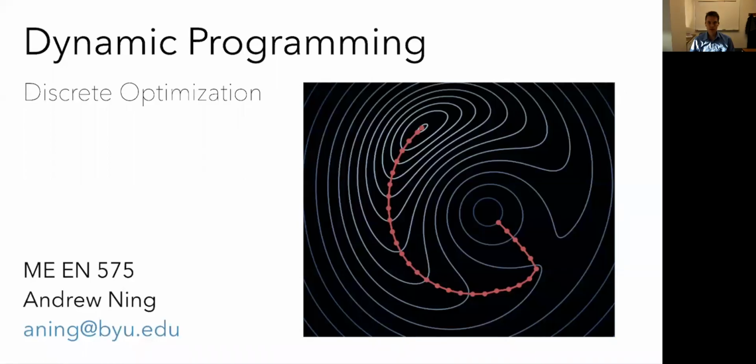All right, we'll continue our discussion on discrete optimization. As we've seen, discrete optimization problems can be very challenging because of the combinatorial nature of them. So we often look for a structure that we can take advantage of. Last time we saw with branch and bound that for linear problems, we could take advantage of that structure where we could guarantee a global optimum and cut off branches and efficiently